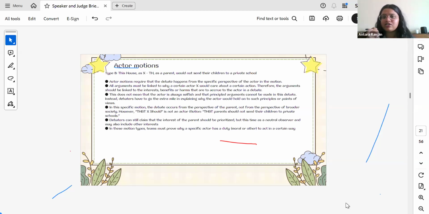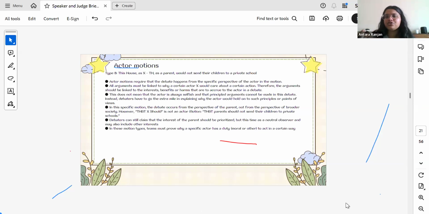What are the interests of the government of Italy, right? You can be a committee, like this house as the external affairs ministry of India would suspend all active passports, right? What are the incentives of the external affairs ministry? Why would suspending passports work in their favor, right?